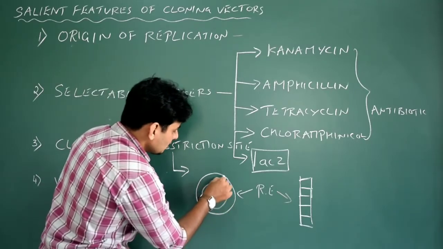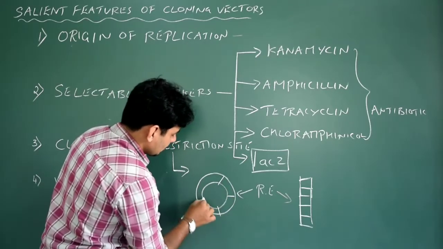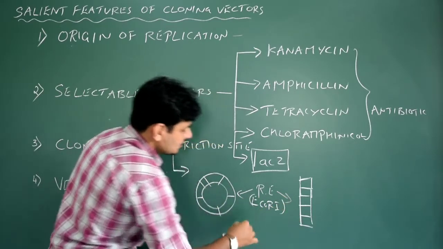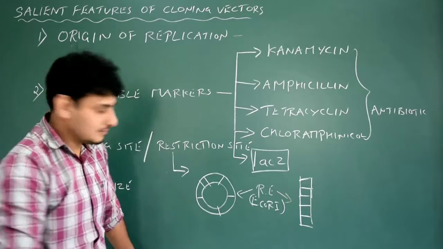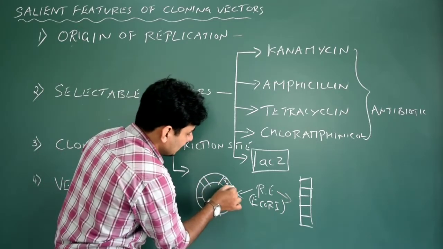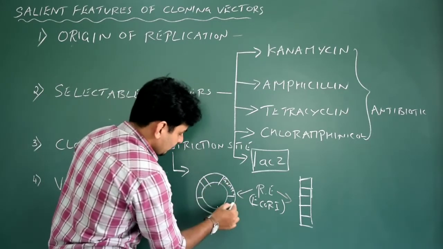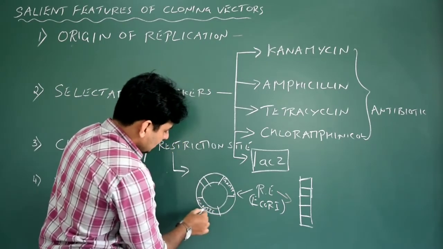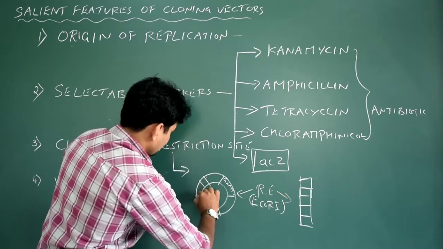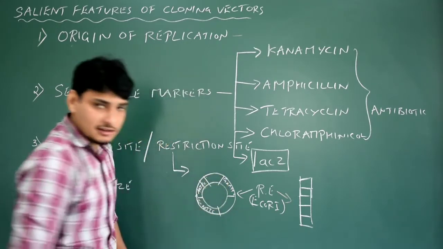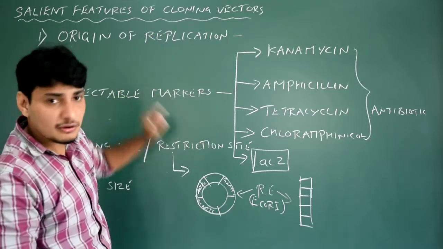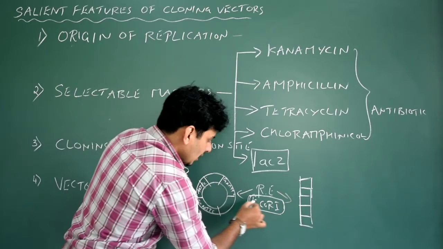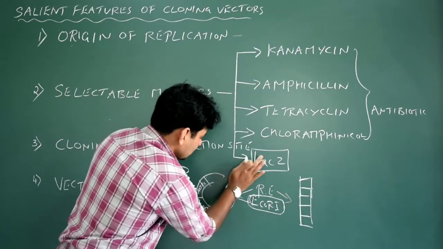So let us assume that this particular cloning vector has, for example, for understanding, we just write EcoR1, easy, because we know its recognition site, that is GAATTC. Let us assume that this particular cloning vector has GAATTC. How many? 3 recognition sites for a specific restriction enzyme. Okay. So now this EcoR1 binds to this and cuts this particular fragment.